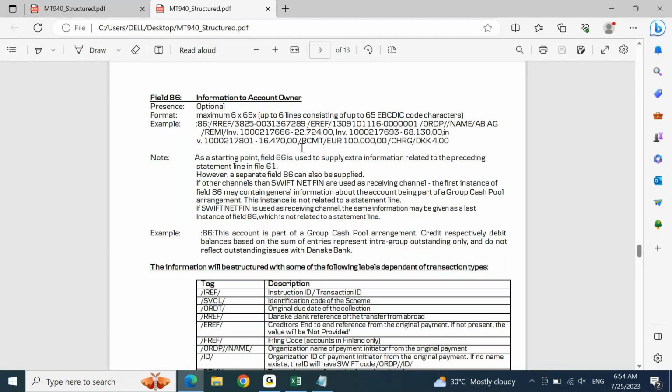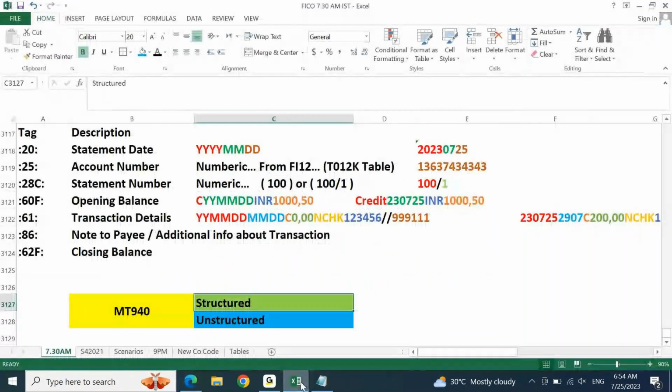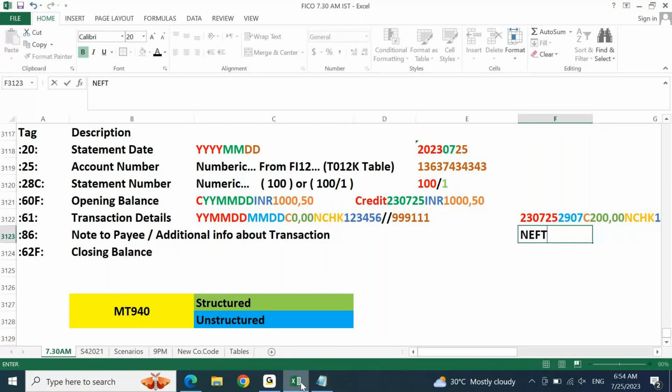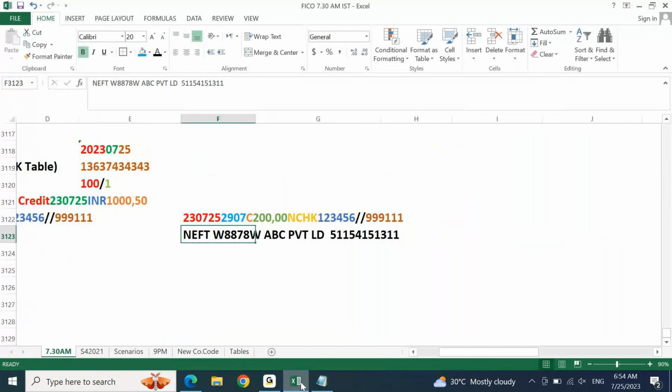Majoritarily, we will be using unstructured note to payee. Here, let's say I will write something like NEFT followed by some number, maybe ABC Private Limited, and some number, anything I can mention here. This is just the additional information related to this transaction, because I am debiting my account to send money to